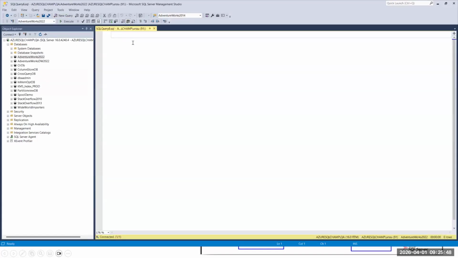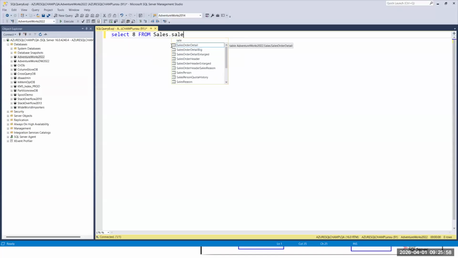For example, you write a statement: select from sales order details. Whenever it enters the relational engine, first it will parse it. Externally you are parsing, but internally it will also parse it. You no need to do anything, sir.